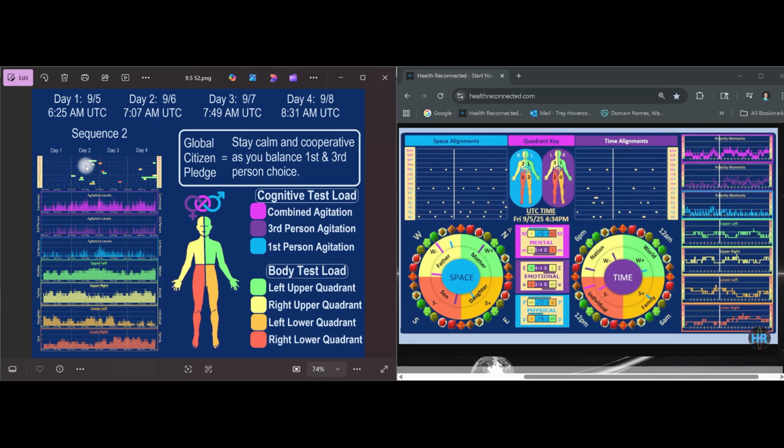Now, when you see these alignments, so if we're looking at day 1, day 2, day 3, and day 4, if you have problems with neck and shoulder pain, if you have problems with digestion, upper digestion like stomach problems, lung problems, anything that goes on in the upper quadrants of the body, you're out of balance with the cycles of the earth, and again, the cycles of the earth are about creating a better future, a more positive future. So if you're not doing that, the more you're not doing it, the more negative you are, and the more you're letting your body create negative behavioral patterns, the more you're going to suffer and feel these when these moments